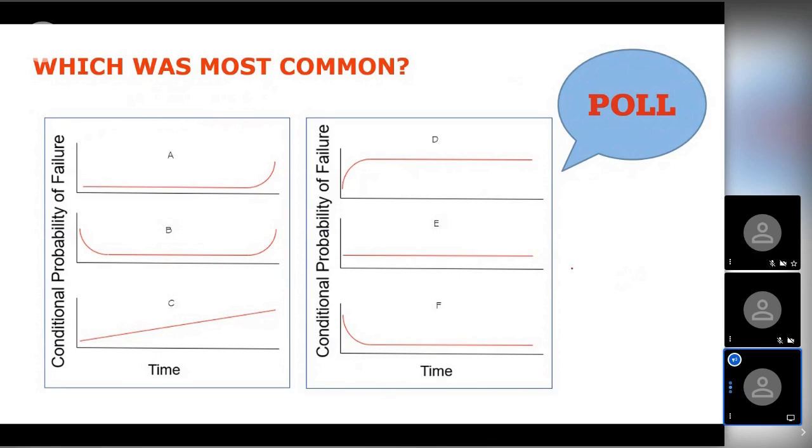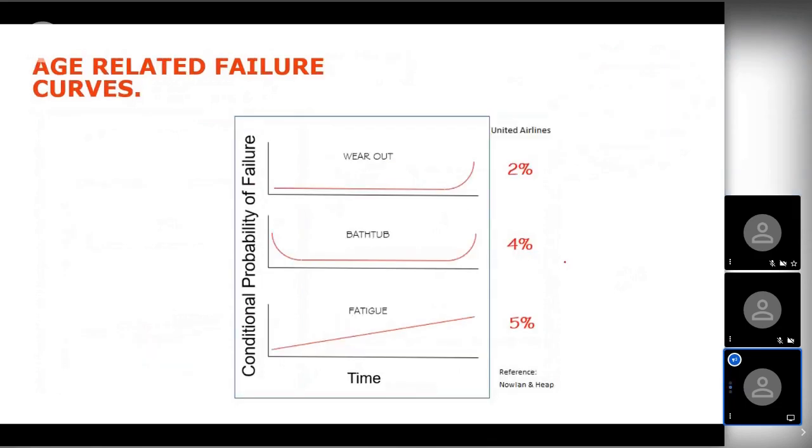What I can actually do is reveal the results, and they might surprise you. 4%, just 4%, followed the bathtub curve profile. And this is exactly the reason why they had the surprise of doing more maintenance in the 60s actually didn't help. And this is why they got Nolan and Heap to do the study, because they all believed exactly what you believed, that most equipment follows that profile B. And that's why we do preventive planned maintenance.